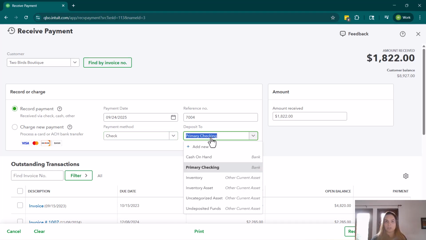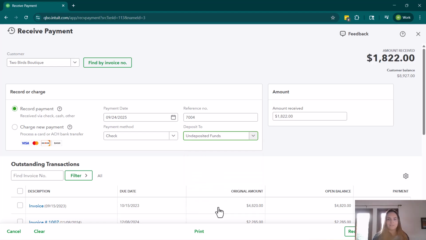and then it's going to ask us where we want to deposit this to. If you're going to hold on to this payment and you're not going to deposit it right away, I suggest you put it in undeposited funds. You could say that you're going to deposit it straight into primary checking, but I would only recommend doing that if you're going to go ahead and deposit it as a single check and you're going to deposit it right when you record it. Otherwise, you might realize when you go to reconcile that check was never actually deposited. So I'm going to put it in undeposited funds,